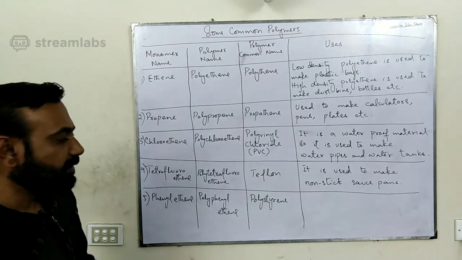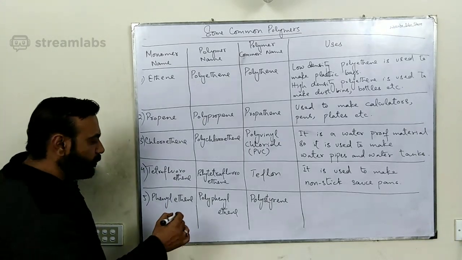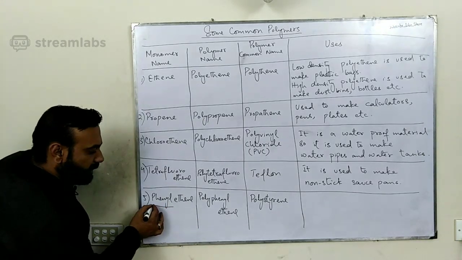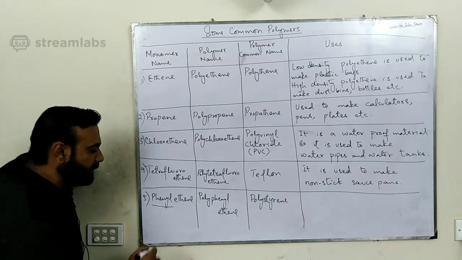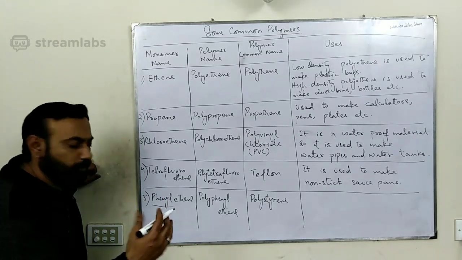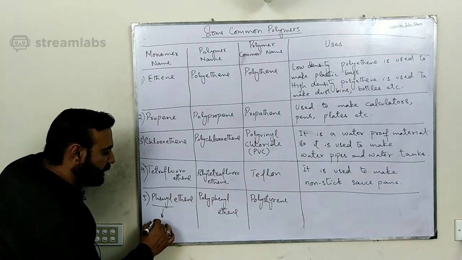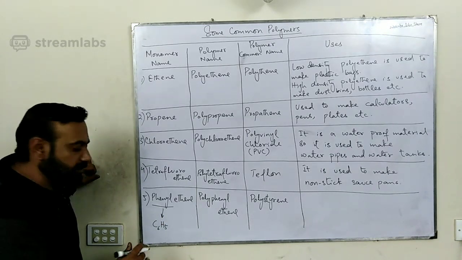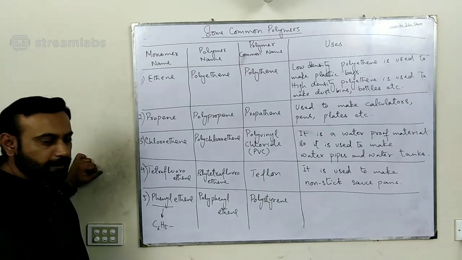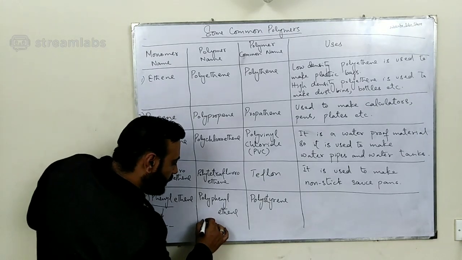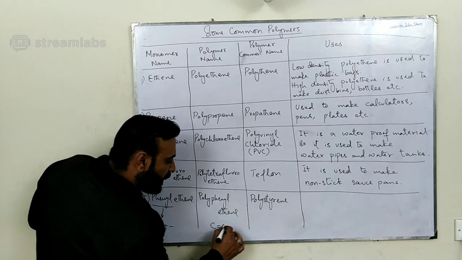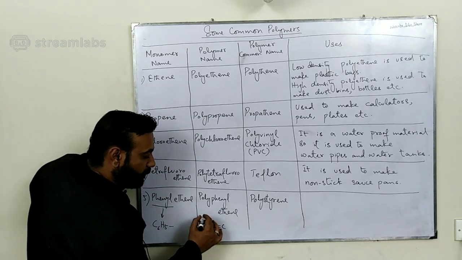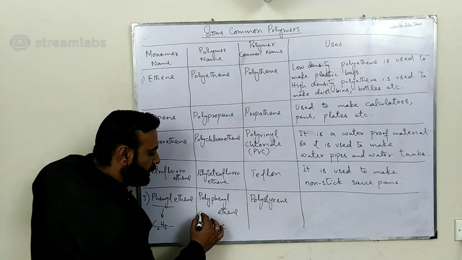It is polyphenylethene. And I know you are not familiar with this term phenyl. You don't know what phenyl is. You don't need to go into the detail of what phenyl is. You just need to remember it is C6H5. It is a radical with 6 carbon atoms and 5 hydrogen atoms, and when this is bonded to one of the 2 carbon atoms from ethene,